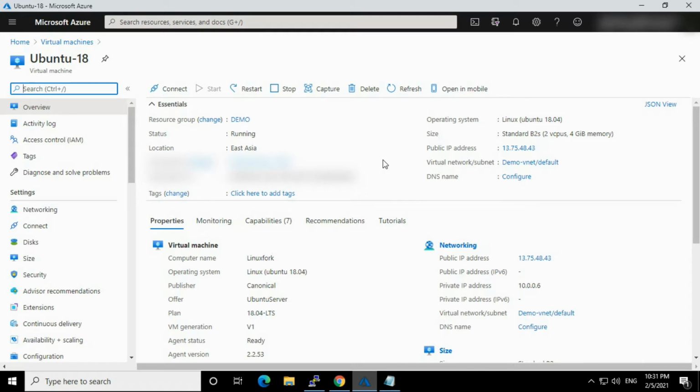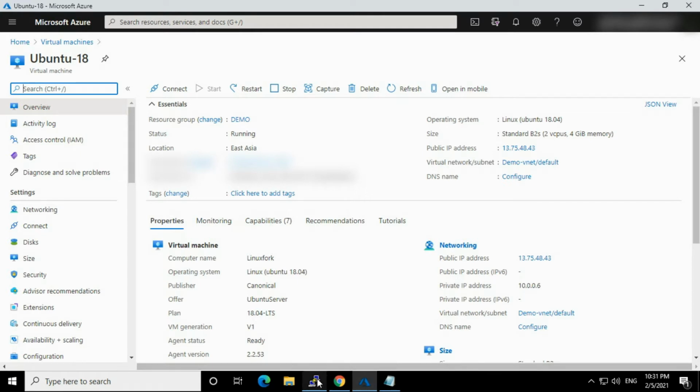Either you can install the Ubuntu desktop environment or the XFCE desktop environment, whatever environment you want, and then connect to that VM like a Windows machine, in GUI mode, using the XRDP protocol. So how can we do this? Let's see how we can install it and how we can connect to it.